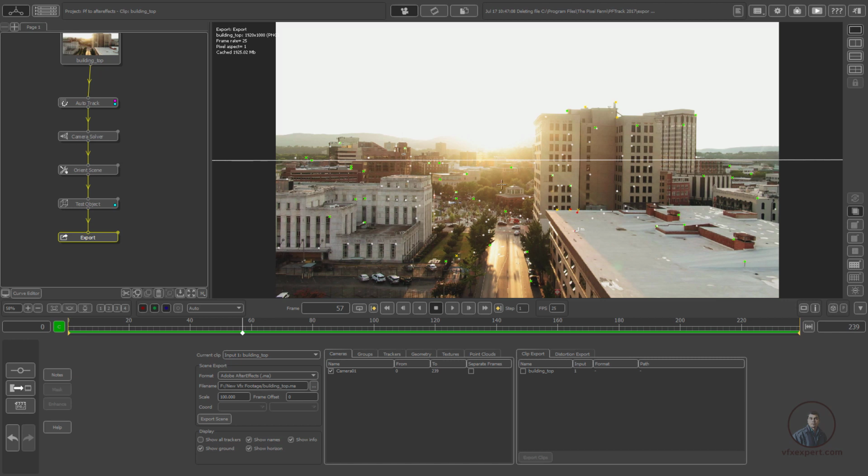So how can you export only the required points here? In our tracker options, you can see maybe 1400 or 1500 points that I would be exporting, but there is no need for all of these points. According to my requirements, I am going to export only some points for After Effects, not all of them.